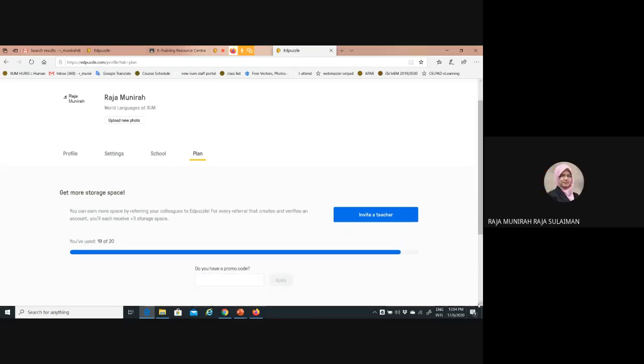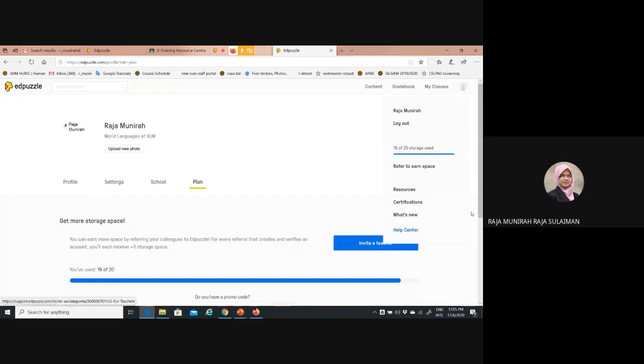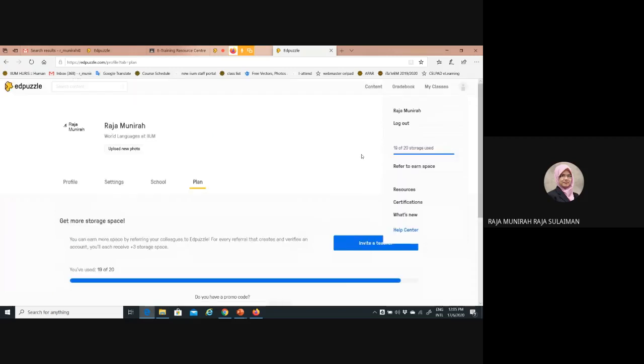Muni, you can show us your promo code so that we can let you have more space. Okay, so do you have a promo code? It's in the setting, I think. Invite teacher. If you give the promo code, Kak Muni will get more spaces, right? Yes, because I think everyone is still new to EdPuzzle, so I can take advantage from all of you. Yes, you can give us the code. Okay. Later, I will email the participants. Okay.